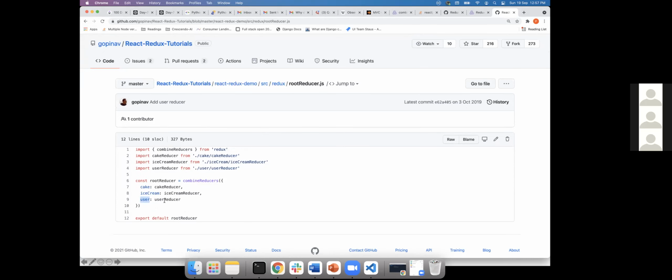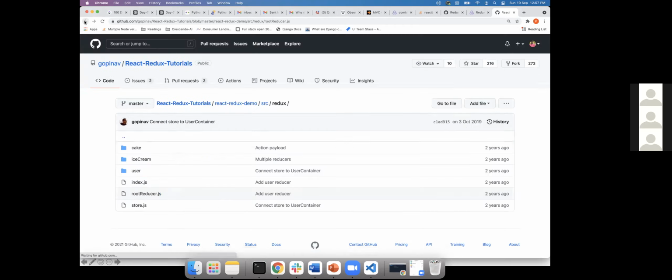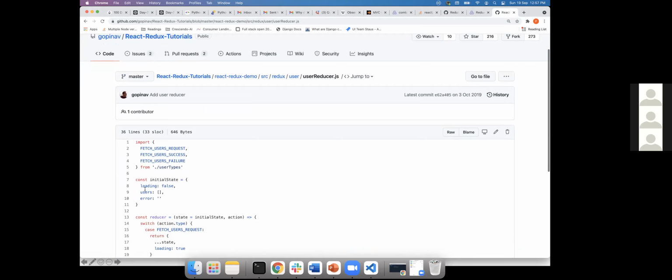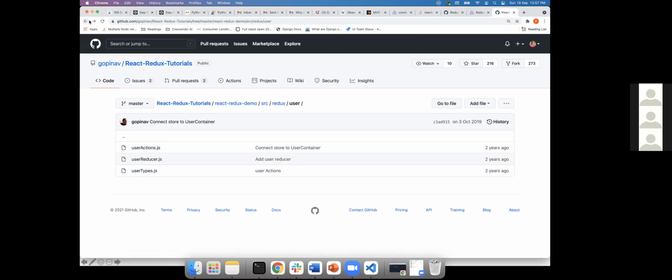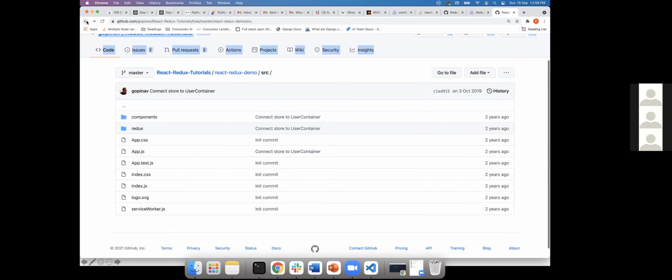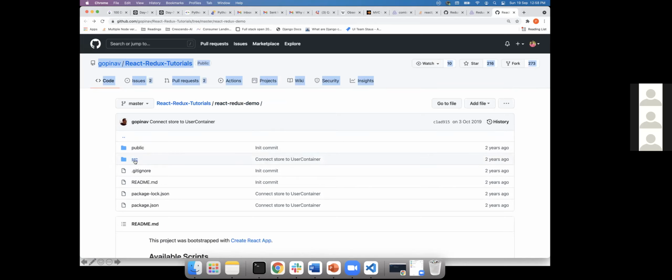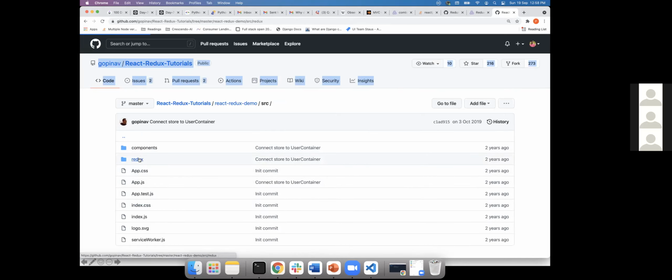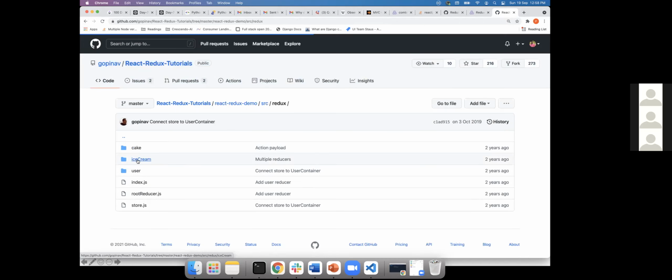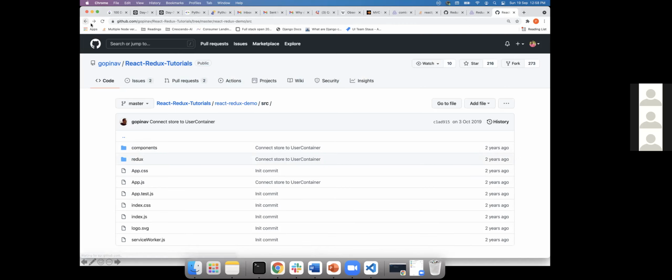The multiple reducers will be retrieved using this. If you want to understand what I was saying, when you go to the root reducer, there is a keyword called user here, right? state.user, when you use it, you'll use the user reducer. What is a user reducer? The user reducer will have an initial state: loading, error, false. So when you use state.user, you have access to the user state, and you can mutate the user state and all that, right? That's the first thing you have to understand. Whenever we are using mapStateToProps, it takes your state from your Redux and maps it to props as a property. I mean, it is a prop to your UI.